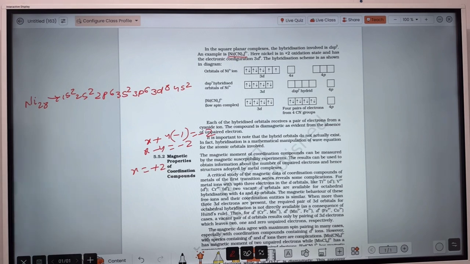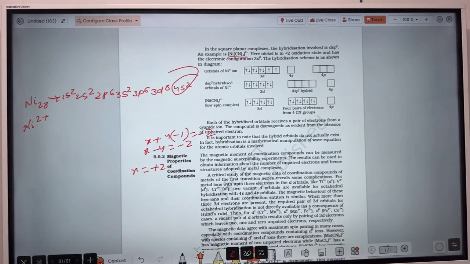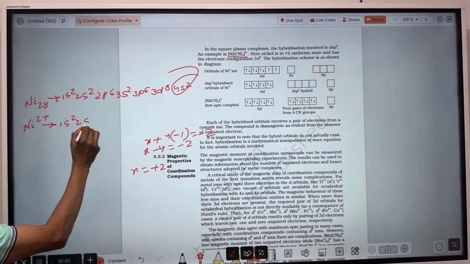So here nickel is in the plus 2 oxidation state. What will be its electronic configuration? The 2 electrons from 4s will be released from the nickel, and the nickel will convert into Ni2 plus. So here Ni2 plus, the electronic configuration will be